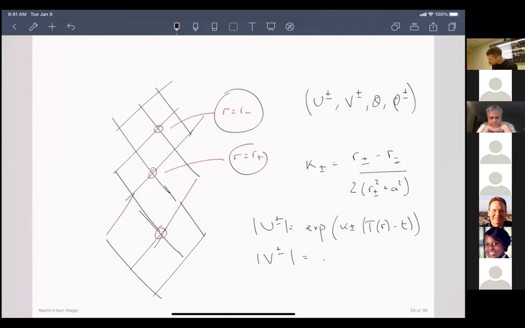And with this change of coordinates, furthermore, you can show that